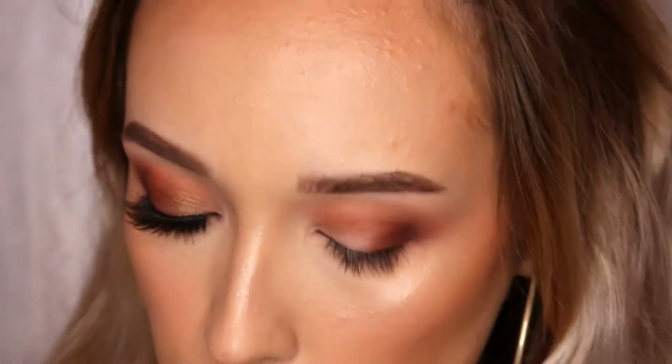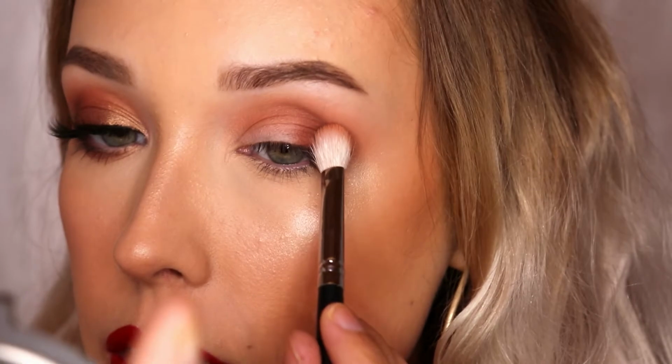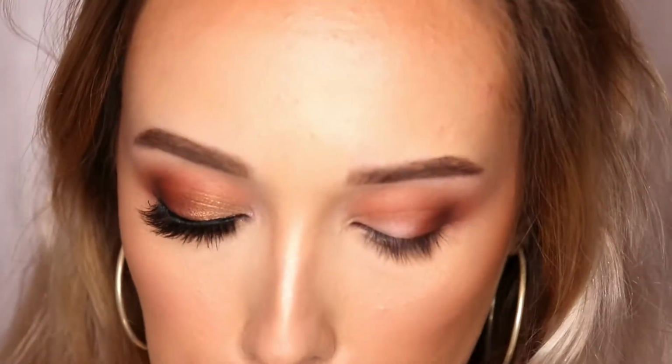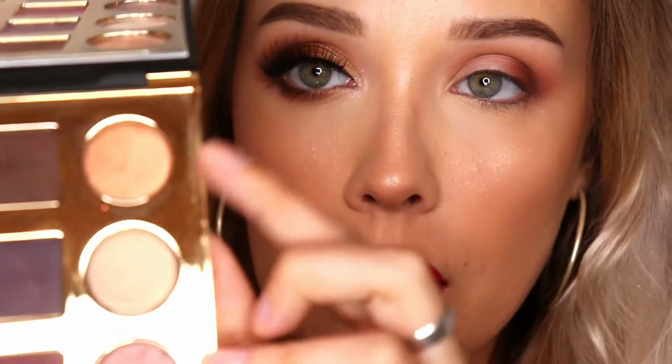There we go. Actually, I'm just going to go back in with a little bit more Whimsy because I feel like this eye doesn't look as warm as the other eye does in person. So I'm just going to bring it up a little higher on the outer corner there. Yeah, that looks better. Okay, so now for the lid shades, we're using...